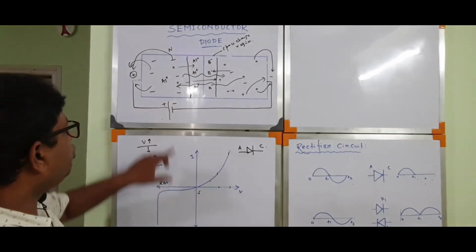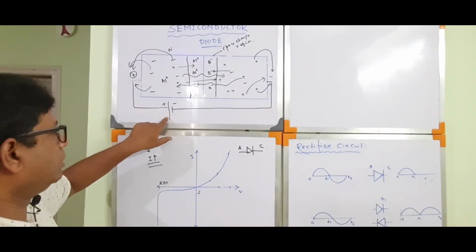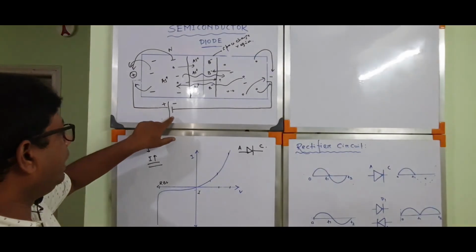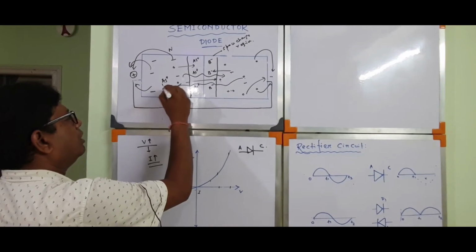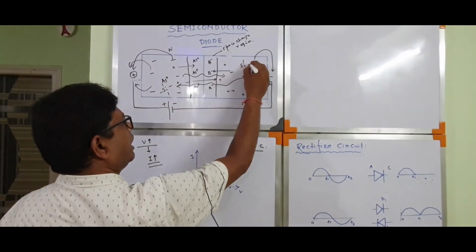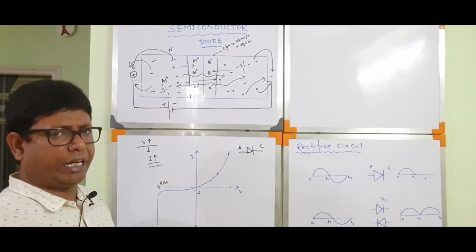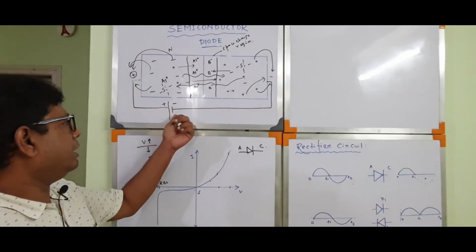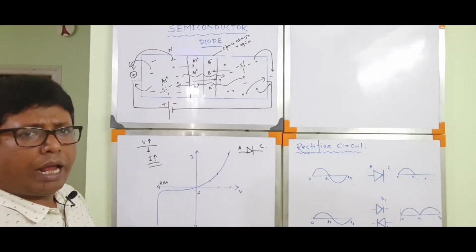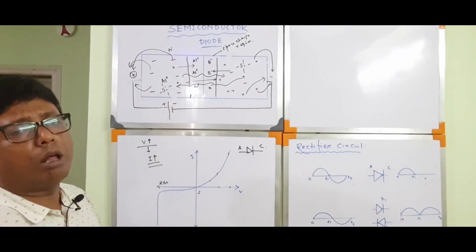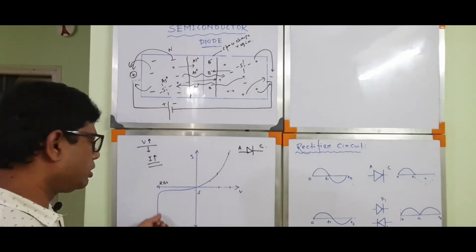Why? If you enhance the level of reverse biasing voltage, at a particular voltage, due to the electrical field, the semiconductor has a huge number of silicon bonds. These bonds will be broken due to thermal energy or electrical energy. So if you apply reverse biasing voltage more and more, the silicon covalent bonds will be broken, and due to the breaking of the bonds, a huge number of electrons and holes will be generated, and these will move from one side to another side, and the current flowing through the circuit will be more.